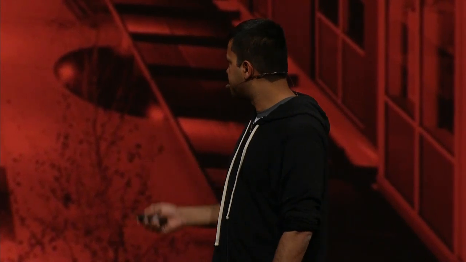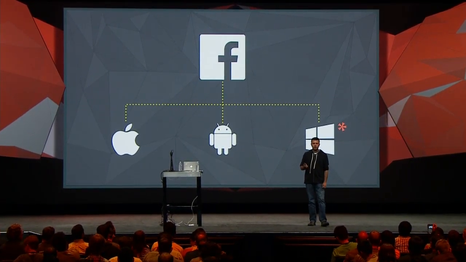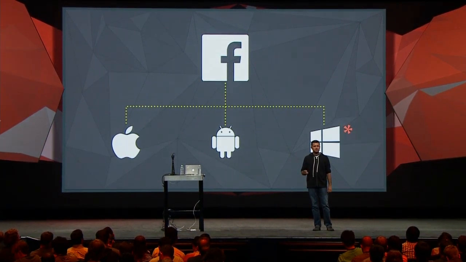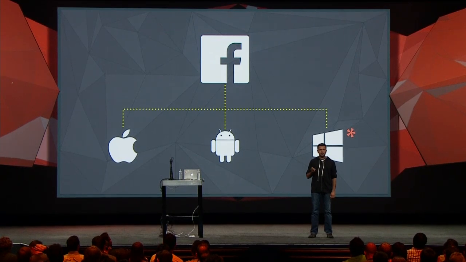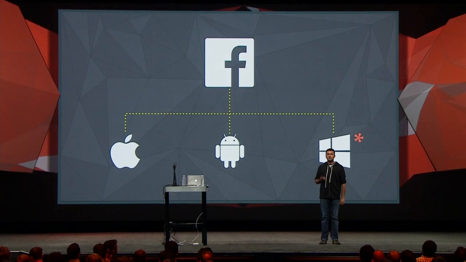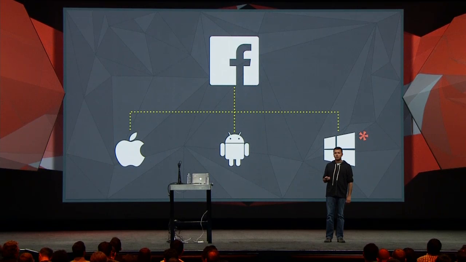So let's talk about how the Facebook app supports AppLinks. We are excited to share that starting today, the Facebook iOS and Android apps support AppLinks, and support for Windows Phone is coming soon. Now we are going to talk about 3 things related to this. The first one is, why is the Facebook app adopting AppLinks interesting for you and people using your app? 2, what are the different ways in which the Facebook apps support AppLinks? And finally, we'll talk about how you take advantage of this. So let's start with the why.